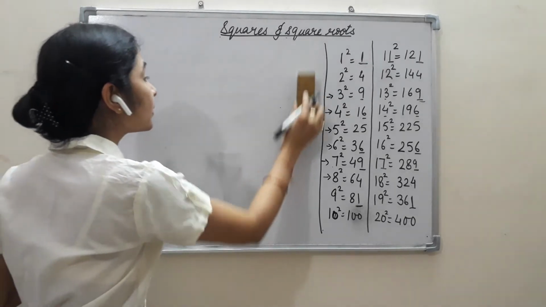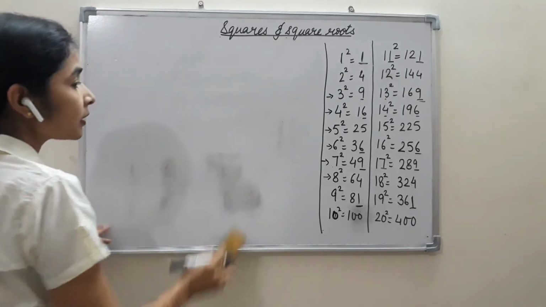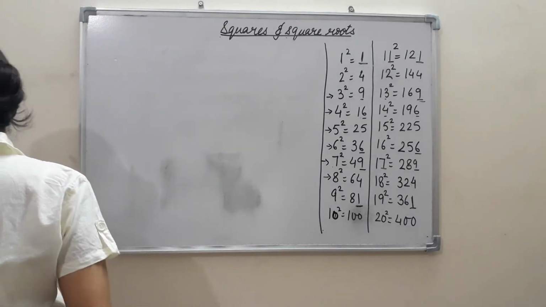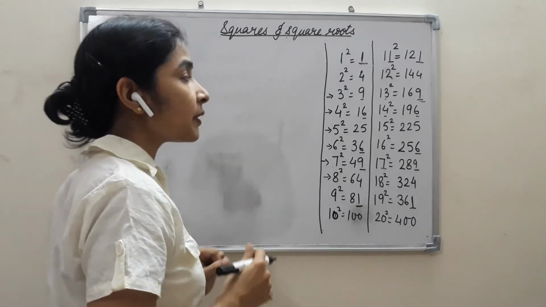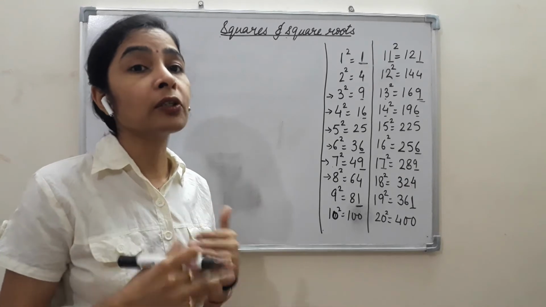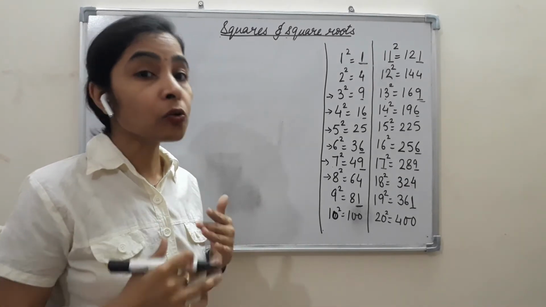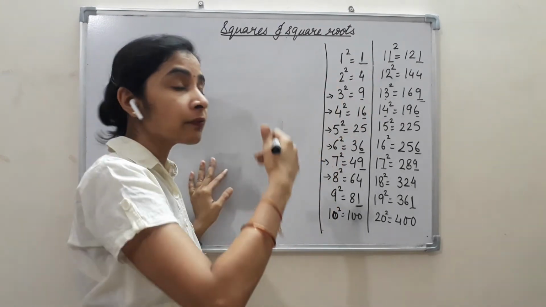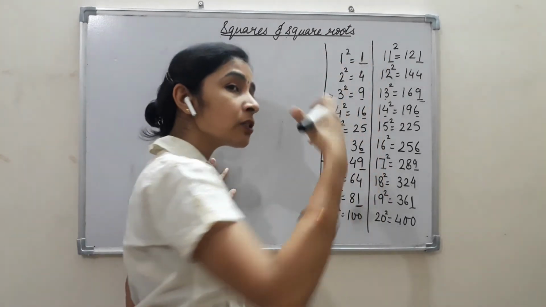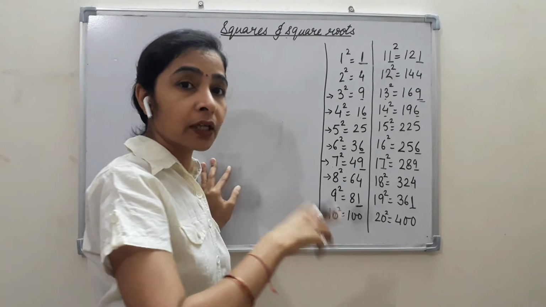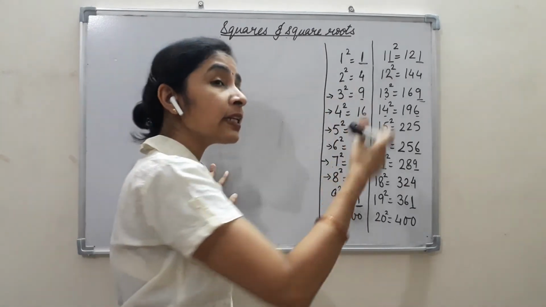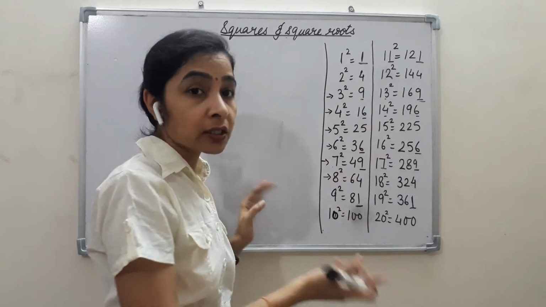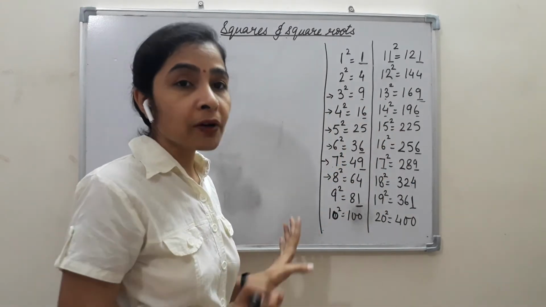Now there are squares written of all the numbers from 1 to 20. Now if we are asked what is the difference between two consecutive square numbers. What are the consecutive square numbers which come one after the other? After 1, the next square number is always 4. After 4, the next perfect square number is only 9. After 9, there is 16. Between them, there is no perfect square number.